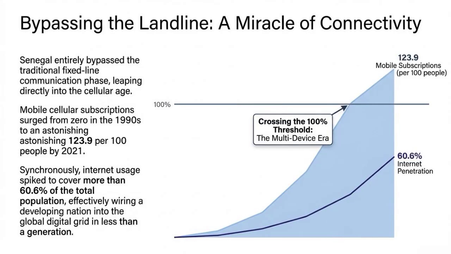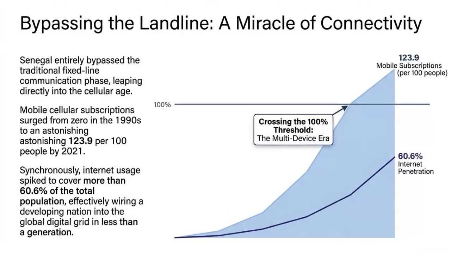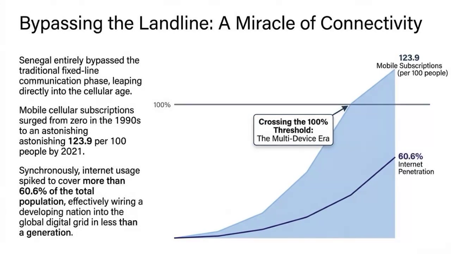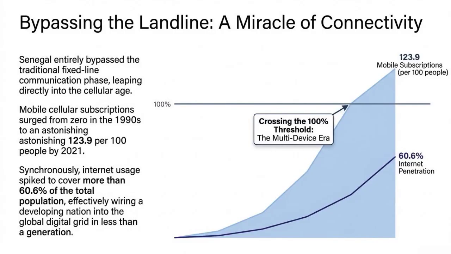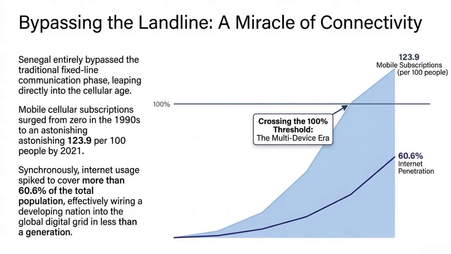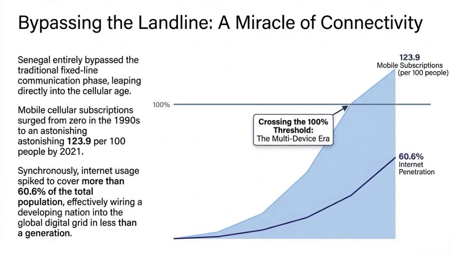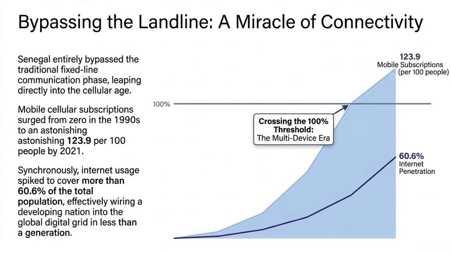Why is that so difficult? I mean, Western countries did it a century ago. Well, laying a national landline network is an incredibly heavy lift for a developing state. It requires massive upfront capital expenditure. Like buying the actual materials? Yeah, and you have to secure land rights, dig thousands of miles of trenches, lay these heavy copper cables, and then crucially, you have to protect those cables from weather, erosion, and theft. Oh, right. Copper is highly valuable. Super valuable. In areas with extreme poverty, unguarded public utility lines often just get dug up and sold for scrap. The state simply lacked the institutional capacity and the capital to enforce a physical grid across that kind of vast